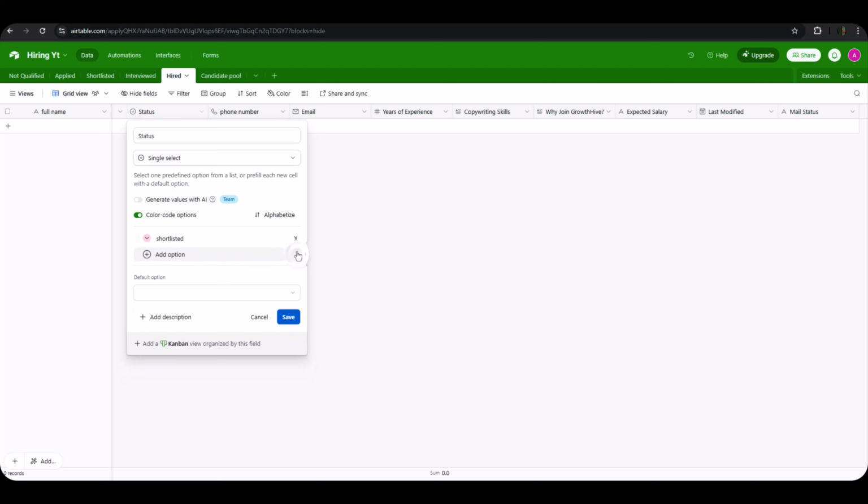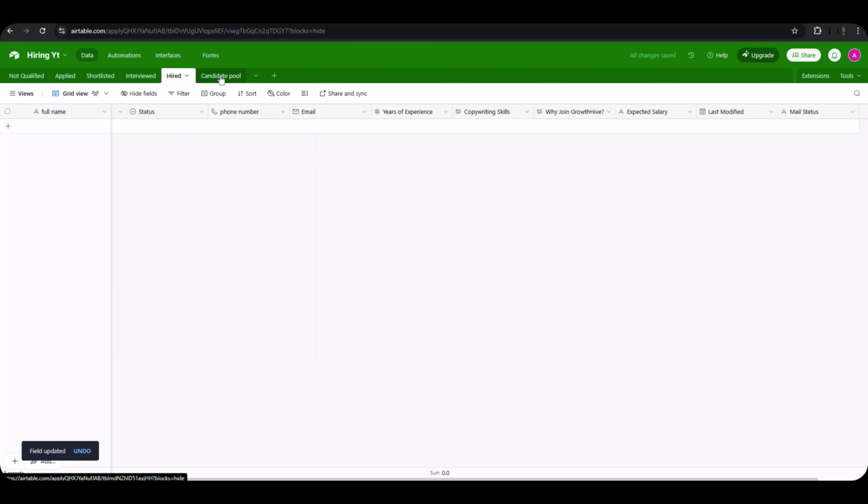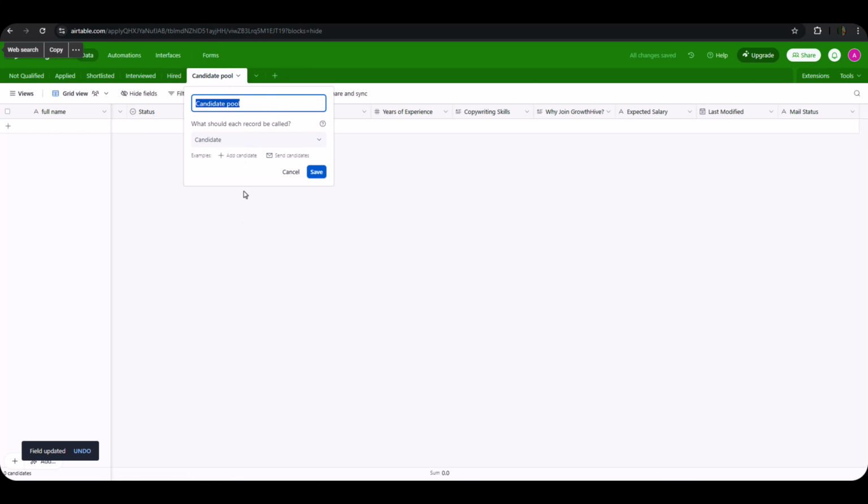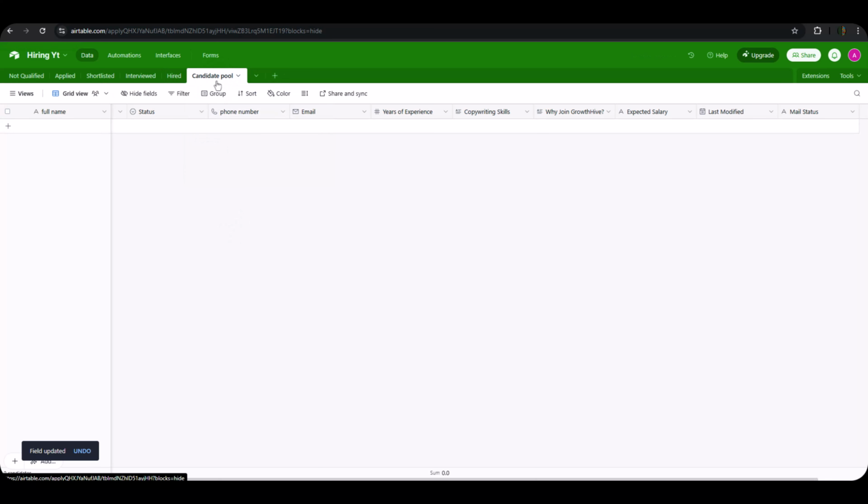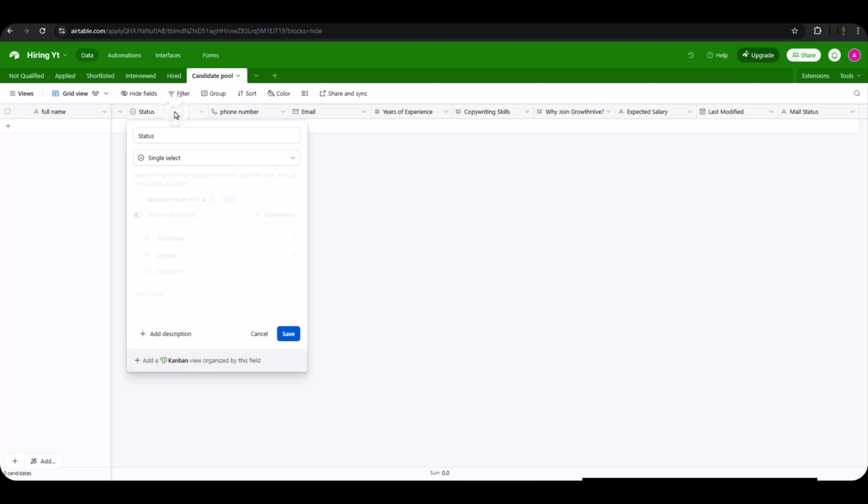This is meant to be just hired. So the status is just going to change to hired. Yeah, that's all we need for here. And the same thing with the candidates pool also. So I just duplicated the table after the first one. So I think I need to make some correction. So the status, so